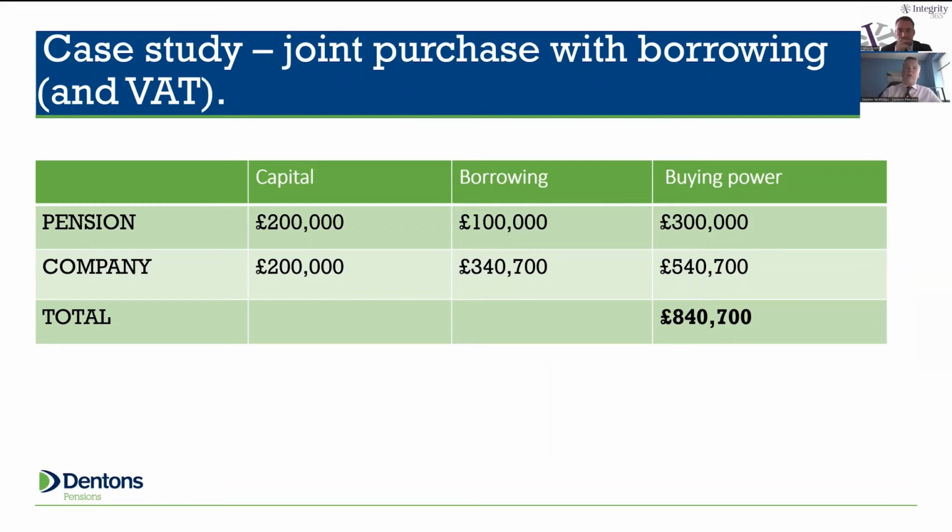It was able to borrow another £100,000 on top. That gave it £300,000 purchasing power. The company had capital of £200,000, but it's not constrained by the same borrowing rules as the pension scheme. So it was able to arrange finance of £340,700. Those two added together enabled a joint property purchase, covering all of the purchase price plus associated costs of